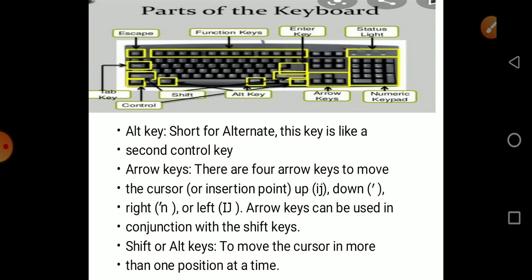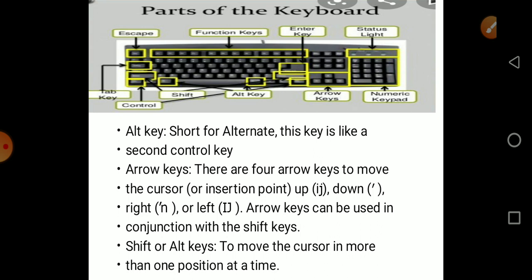So shift plus up arrow will select more lines upwards from the cursor, and shift plus down arrow will select lines downwards, till where you select. Similarly, left and right arrow keys also can be used along with the shift keys.